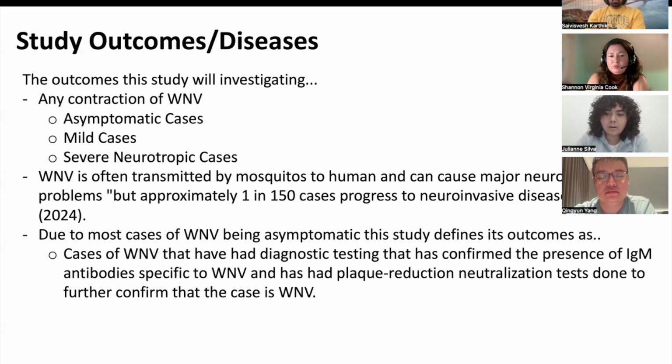According to Singh et al., individuals who contracted West Nile virus are often asymptomatic, but approximately 1 in 150 cases progress to a neuroinvasive disease, potentially leading to encephalitis or death. Due to most individuals not having severe complications due to the West Nile virus, this proposed study will be investigating any outcome where individuals contract the West Nile virus, even if they are asymptomatic or only have a mild case